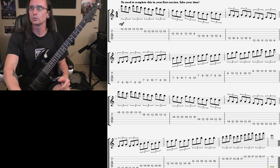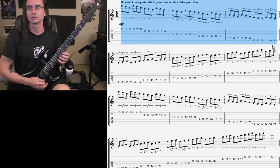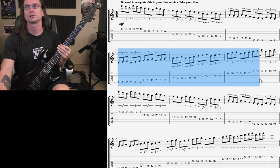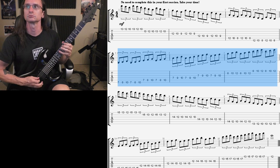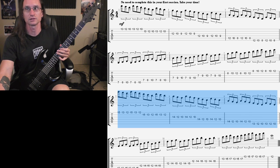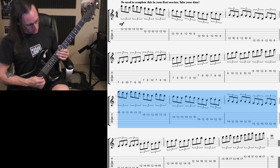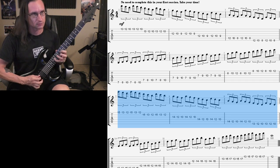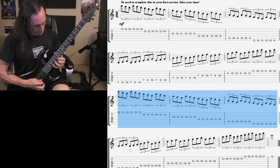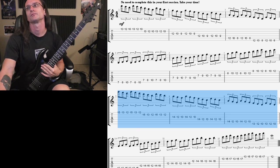And we are going down that first line, the Ionian shape that you learned. And then we're going up the Locrian shape, so this will definitely help you memorize it. And then we shift up. I better look at the tab this time, or look at my finger this time, I mean, so I don't fudge going up to the 15 there. So down the Dorian shape, and we shift up again, and up that Phrygian shape, and then resolve to that E note. So,